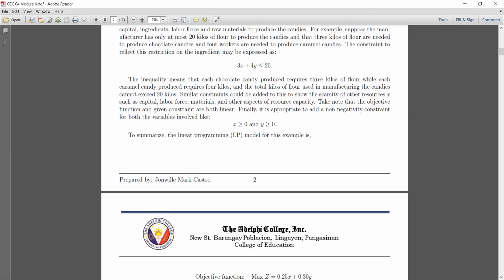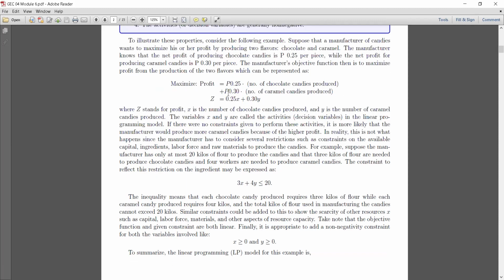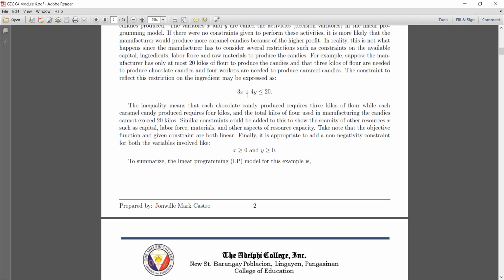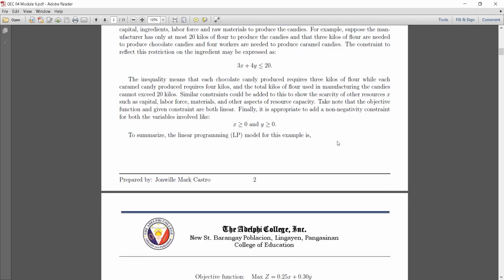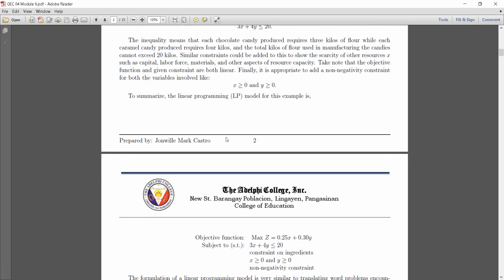Okay? So, take note that yung objective function natin and yung constraint ay parehas na linear. And finally, pwede tayong mag-add ng other constraint na non-negativity constraint para lang i-make sure natin na yung variables natin ay positive. So, hindi naman tayo pwedeng magkaroon ng negative number ng candies. So, to summarize,